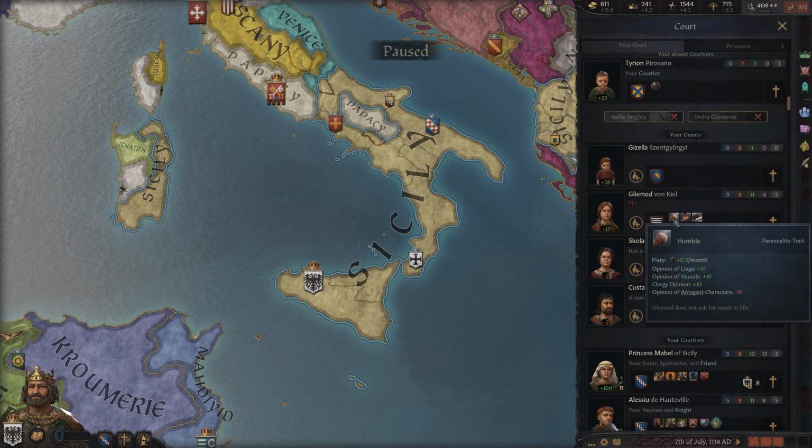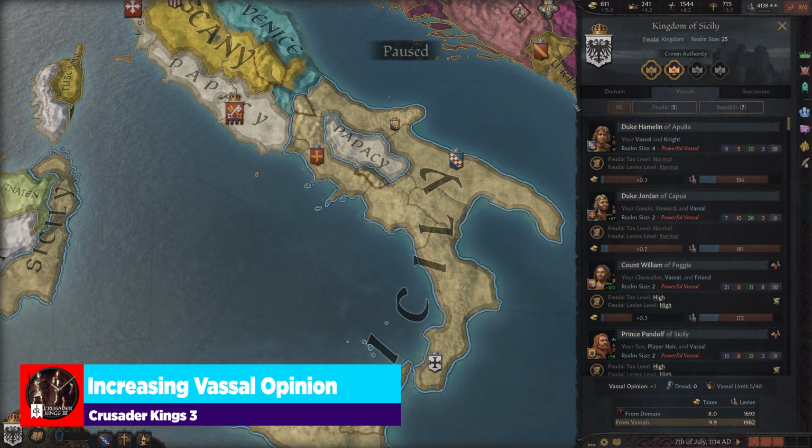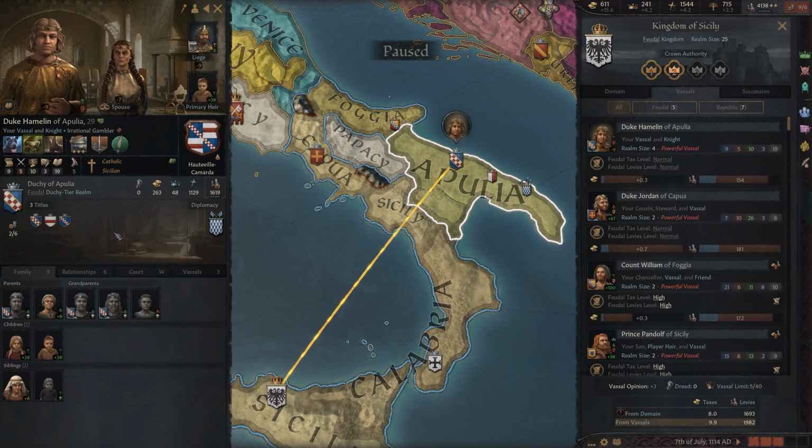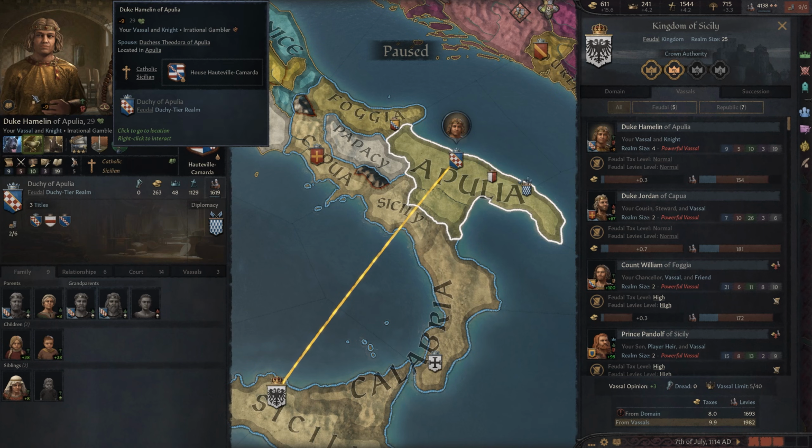So now we've gone into court and council. Let's talk about those vassals that you really can't put on your council because you maybe have all the spots filled up by really good candidates, or just in general pleasing your vassals. Vassal opinion is another one of the most important things to constantly be influencing and taking a look at when you're playing Crusader Kings 3, especially if you have a clan government where your levy and tax contribution relies upon it. So let's take a look at Duke Hamlin here, and let's talk about some ways you can influence your vassal opinion without directly just doing some of the more straightforward things. But let's talk about those two real quick.